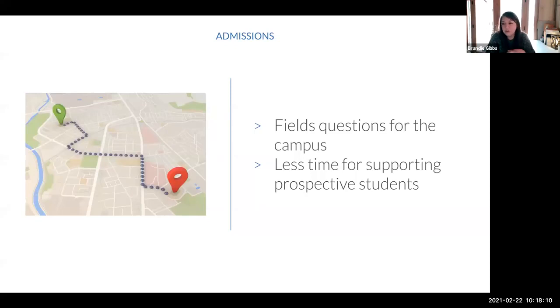As many of you can agree, admissions has become synonymous with a one-stop shop. Our guests come to us for all their questions, and many times they come back as current students. Again, I believe this is a mark of a job well done. They trust us to be a reliable source of information. We have been the ones that have led them through the beginning steps of one of many challenges they'll endure as they start their life as a college student. However, we're not staffed to be anyone to everyone, and we know this,